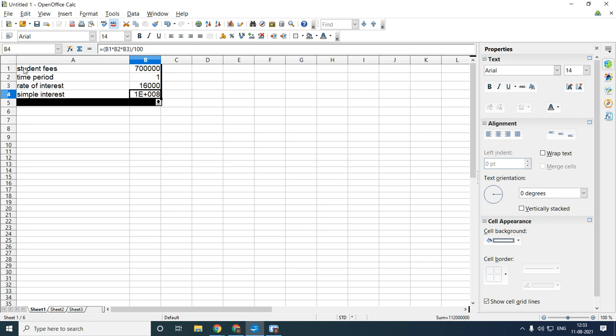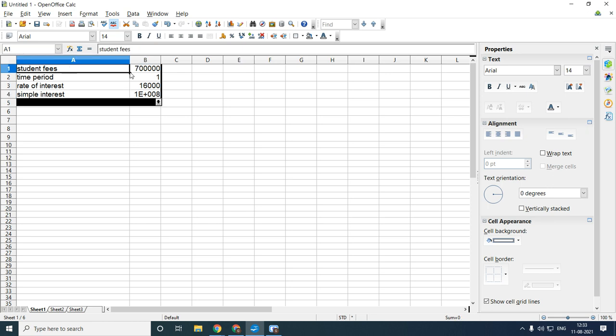Like that, suppose the student fee is 7 lakh, what will my simple interest be? So like that we have to find out here. It is not only this example. You can set the goal, like suppose you are taking a loan from the bank, that is 50,000. What will be the EMI for that afterwards? That you have to set the goal before that only. That is nothing but your goal seek. You have to set your goal.